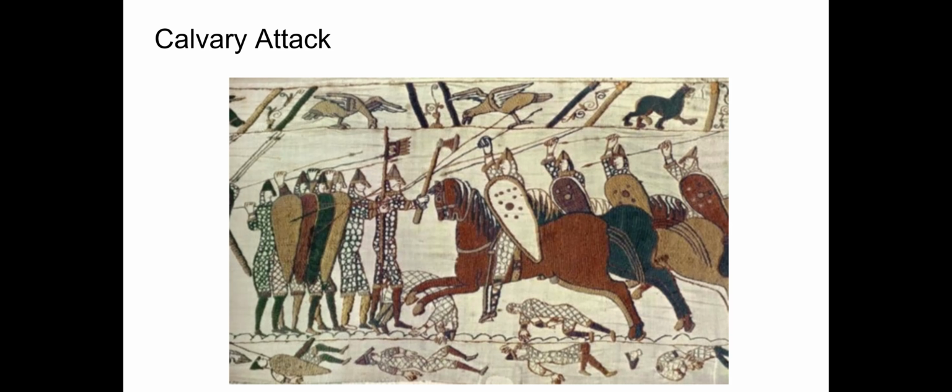So first of all, it is a continuous narrative. It is a kind of scroll of fabric. In fact, it is wool thread embroidered on linen background. And it is 230 feet long. And the tapestry itself is 20 inches tall. In total, it has 75 individual scenes in this continuous narrative. So that's another thing that's very important, just to know the basics.